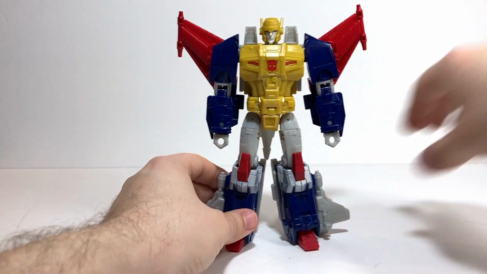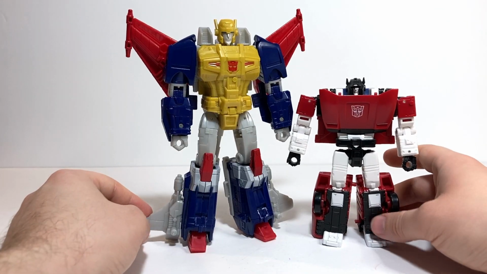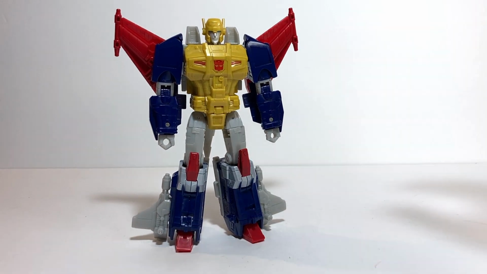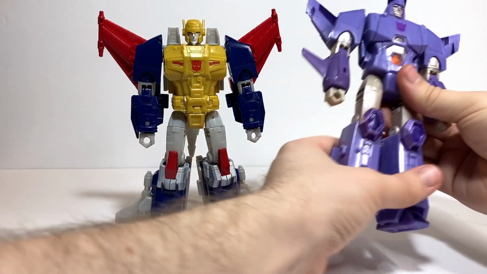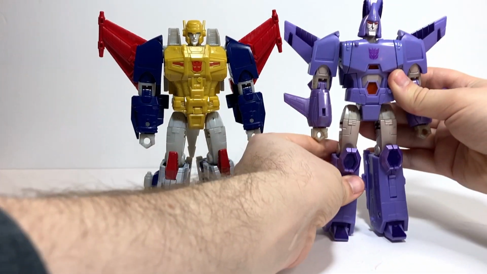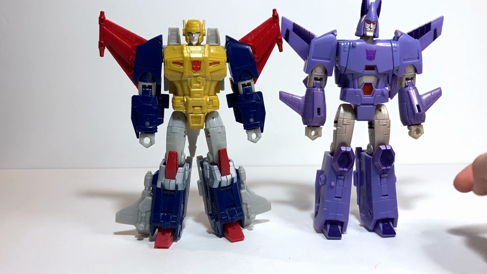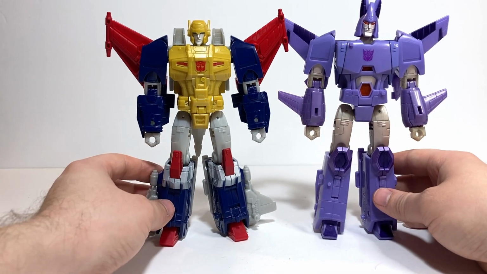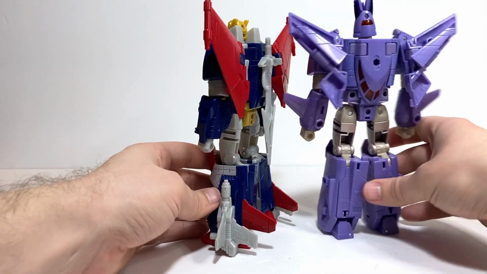In terms of comparisons in this mode, here he is again with Sideswipe, obviously much taller, being a Voyager compared to a Deluxe. And here he is again with Cyclonus, just so you can see how much of this guy really is different. Let's see what's actually the same. Definitely the thighs and the little upper legs there, those are the same. Like I showed off before, the back section of the legs is the same,